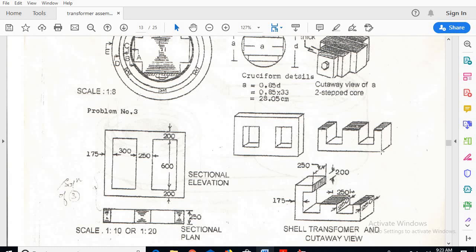Next, the length of the shell type transformer. If I go for a quarter or three-quarter cut section view, here you can see the depth is 250, the width is 200, that is the height of the yoke is 200. This is the earlier numerical cut section.